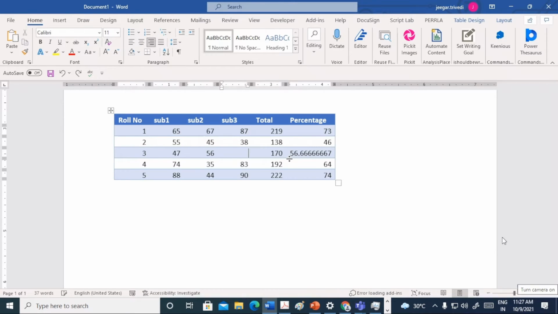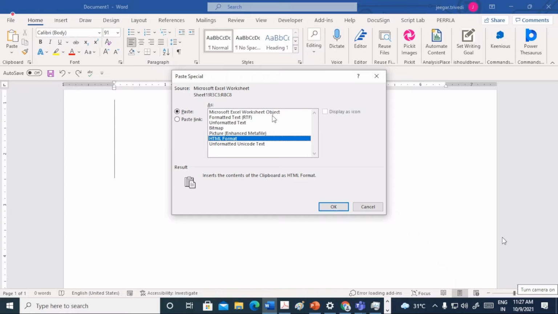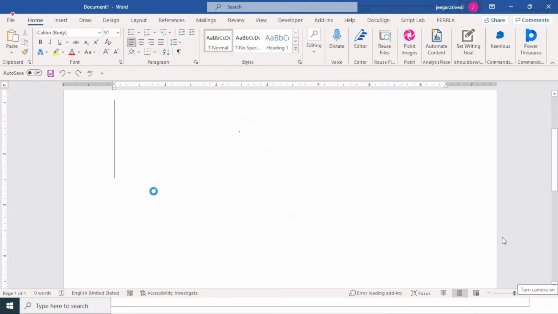So what I'm going to do is remove this table. I go to the paste option, and here I'll use paste special. Now if you see this, it allows different objects, and since our object came from Excel, we are going to use the Microsoft Excel worksheet object.